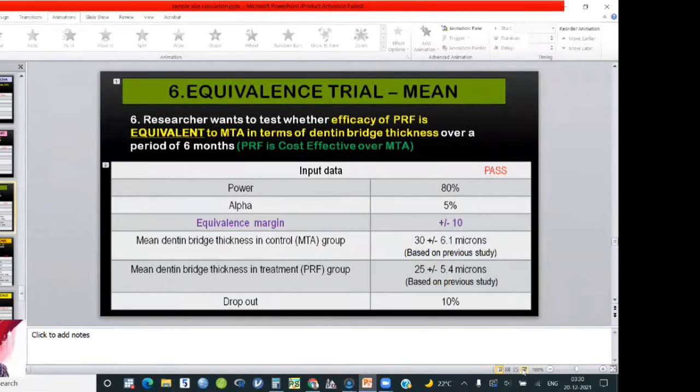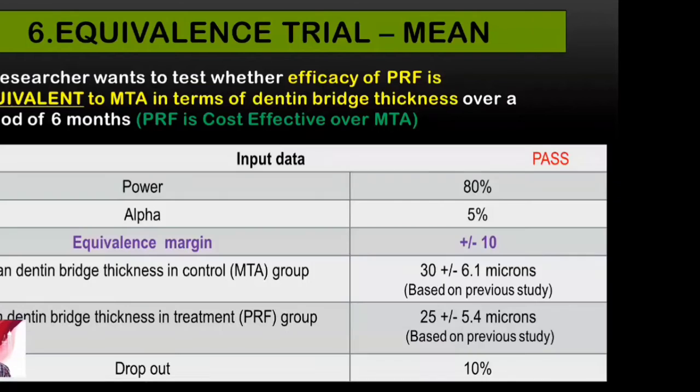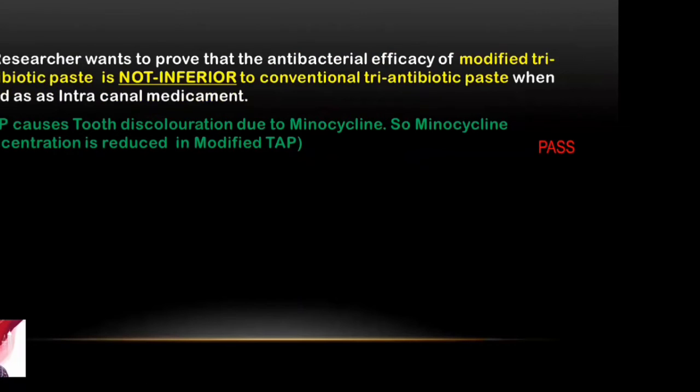Right? The next study design is the non-inferiority design. Now, why do you want to conduct a non-inferiority design? Let us consider this example. A researcher wants to prove that the antibacterial efficacy of modified triantibiotic paste is not inferior to conventional triantibiotic paste when used as an intracanal medicament. Antibacterial efficacy of two groups. One is conventional triantibiotic paste,